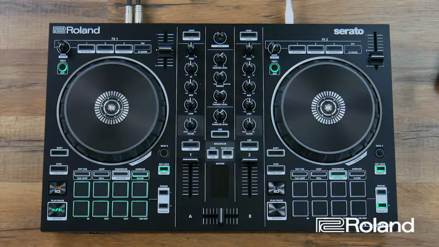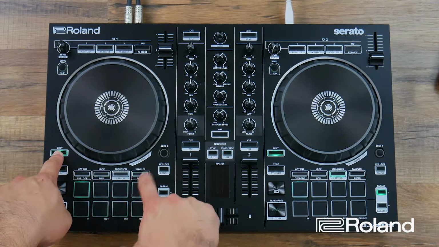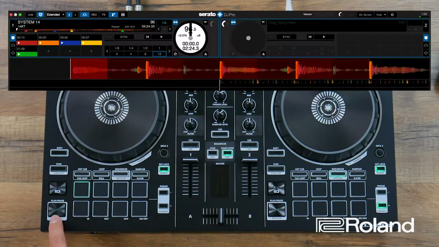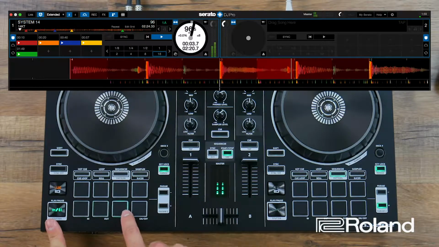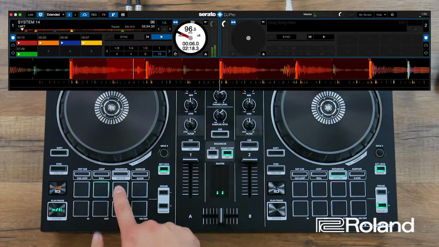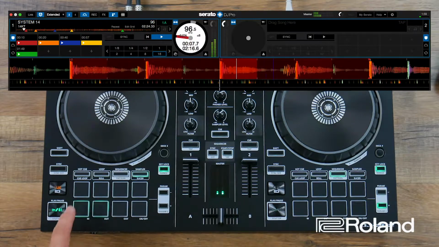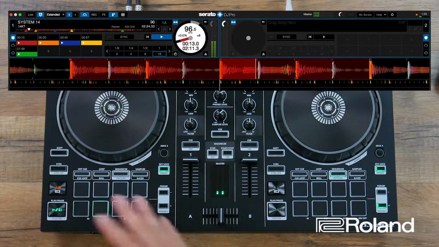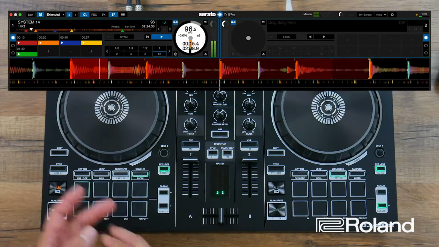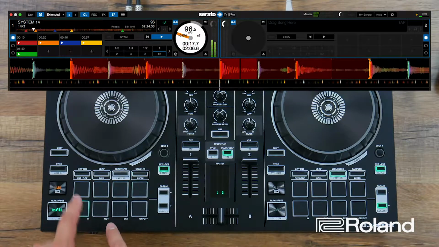The alternate function of this sampler mode button will allow you to do two different modes of the same feature, and that feature is called slicer. So to get into the original feature of slicer, I'm going to hold shift and press sampler. This is the default slicer. And what this means is that as the track is playing, it's going to give me a different sound per pad. But once this 2-bar loop passes, I'm going to now have a different section to play with, meaning